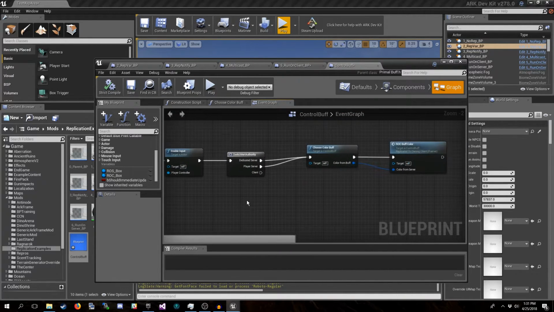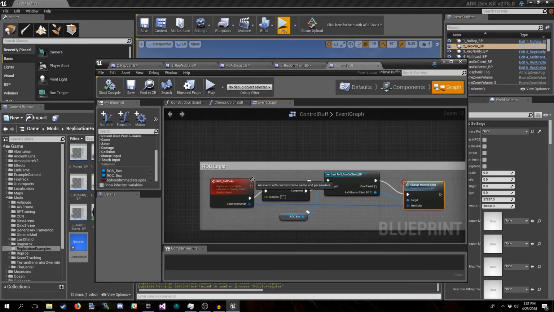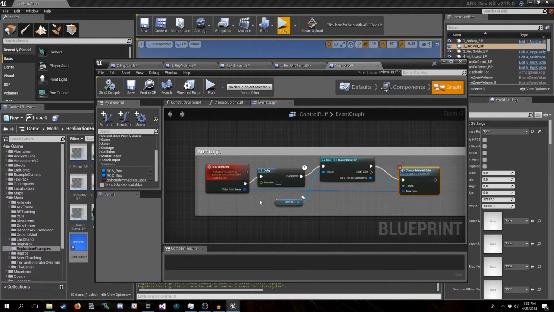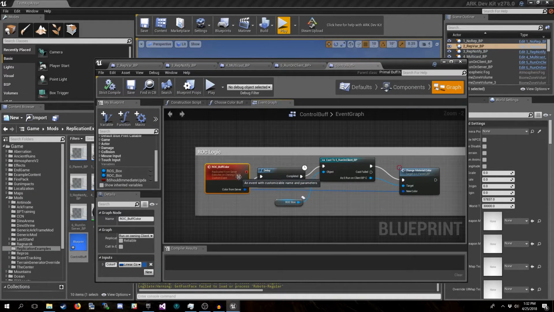Now the buff itself is owned by a client because when the buff gets attached to the player, the static add buff function sets the owner to the player. And the player is owned by the player controller, and the player controller is owned by a client. So by transitive property, this buff becomes owned by the client. So now this replicated run on owning client event will fire on a client. It'll fire only on the client that owns the buff.